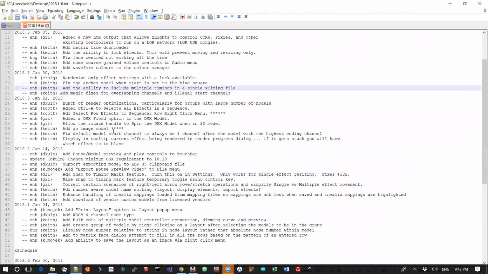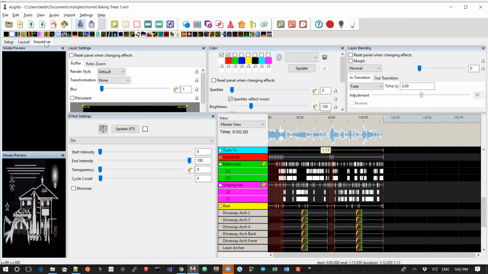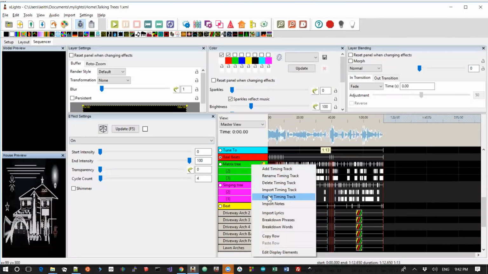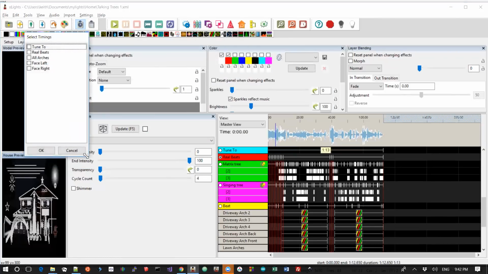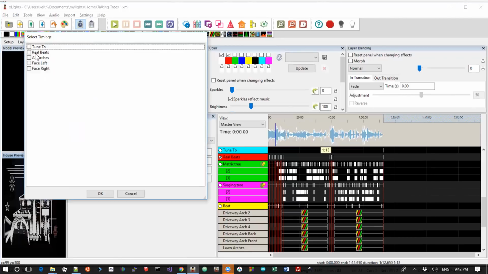Add the ability to include multiple timings in a single xTiming file. What does that mean? Well, basically here I've got 2 sets of lyrics in this particular track. Now you've always been able to export the timing track. And I can say matrix tree timing, export it and save it. And because it's got multiple timing tracks in here, before it actually writes it out, it says, well, are you sure, you need to select which ones you want to do, because you actually may want to send more than one out. And in this case,